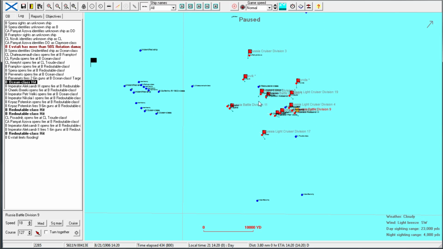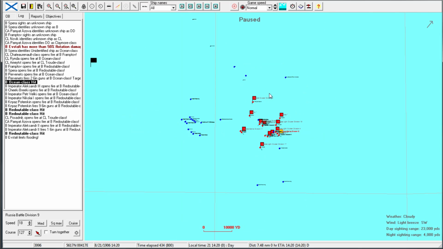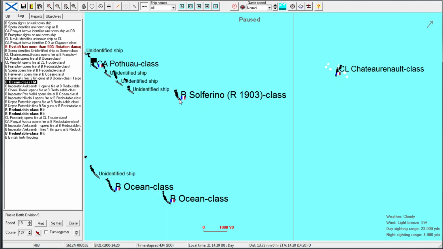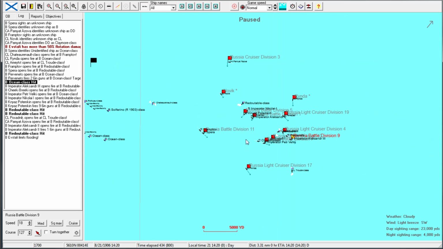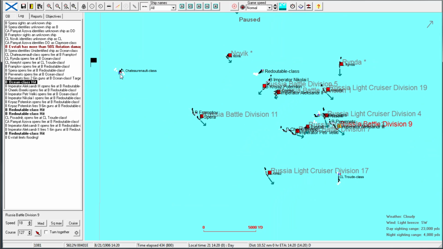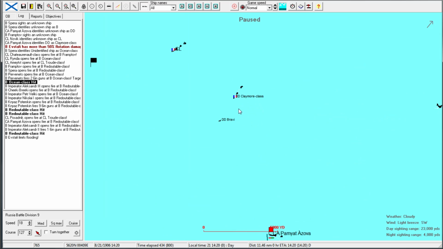So what I was trying to say is I thought that maybe we were going to do pretty poorly in this fight, and we still have absolutely no idea how that Sulfurino class was over here. I think it's going to end up surviving. So it looks like we're going to end up going 2 and 2. Now, I think this Chateau Renault is sinking. It claims it is. So that will make up for the fact that we lost